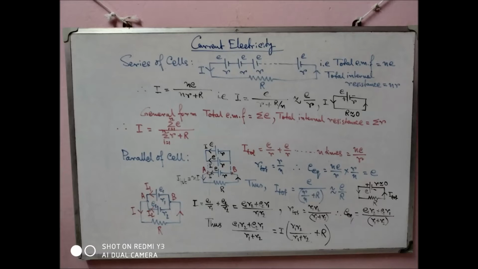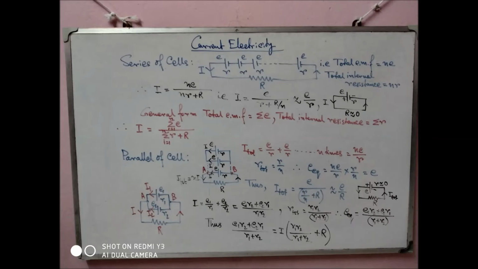Correct. Now come to the point: if the internal resistance and EMF are not the same, suppose E1, R1, E2, R2, like this and so on. Let us take 2. If you can do it for 2, you can do it for 3, 4, or n, if your concept is clear. Now let us take 2 cells in parallel, having different EMF and different internal resistance. Look at the last diagram.